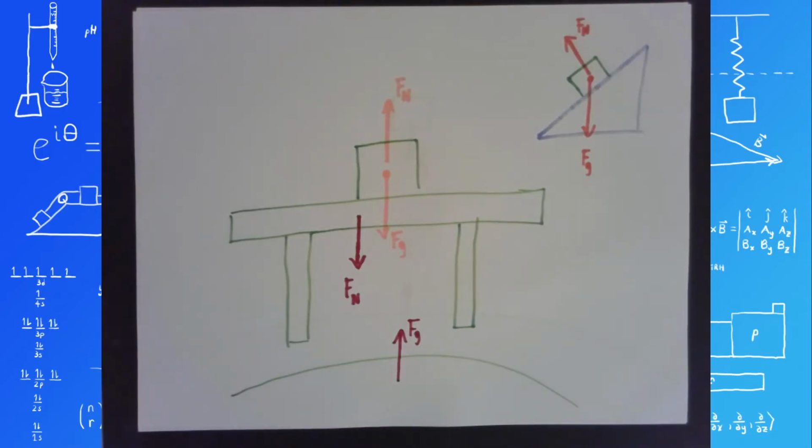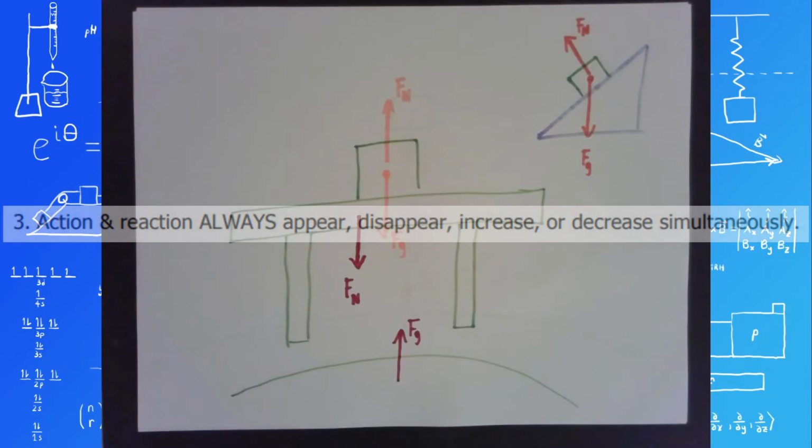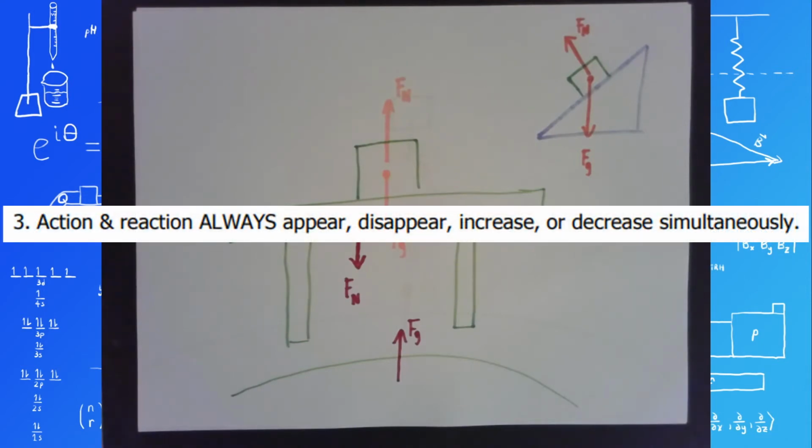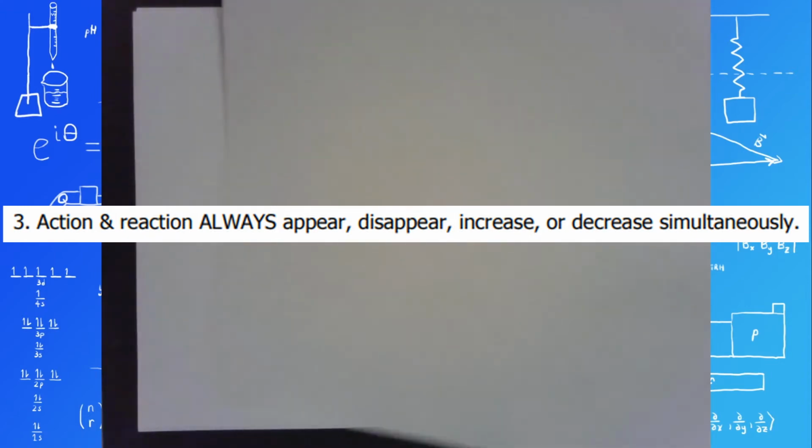The reaction to a normal force must be a normal force. The reaction to a gravitational force must be a gravitational force. The reaction to a tension force must be another tension force, etc., etc. Remember that. Number 3. Action and reaction always appear, disappear, increase, or decrease